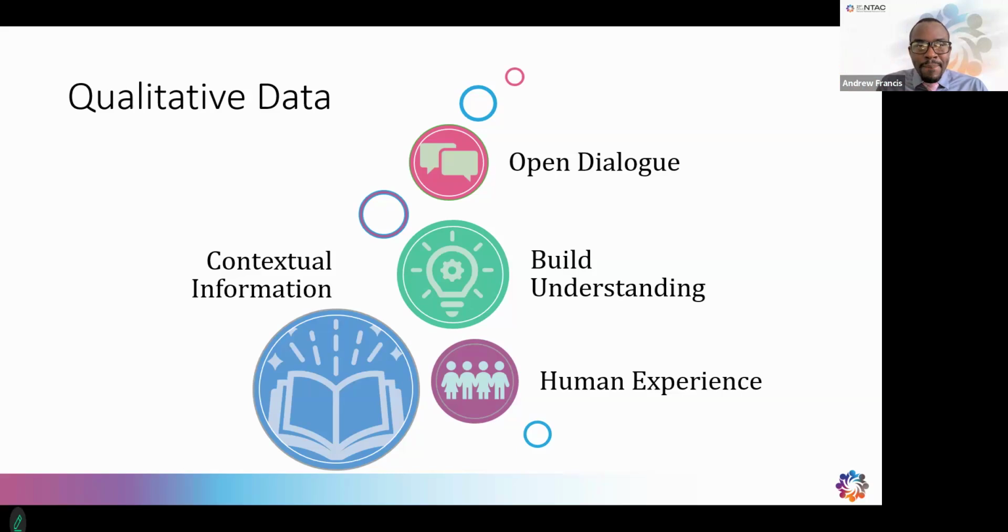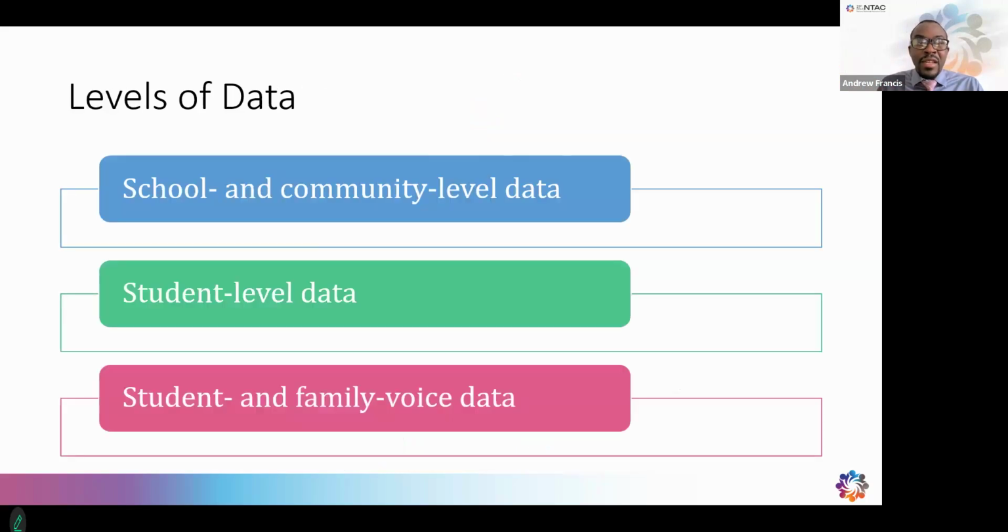Now, also, we have to think about the levels of data as well. And at NTAC, we talk about pulling your qualitative and quantitative data from these three areas: school and community level data, your student level data, but also your student and family voice data. Right now, when we talk about data in these three areas, we're really focusing on